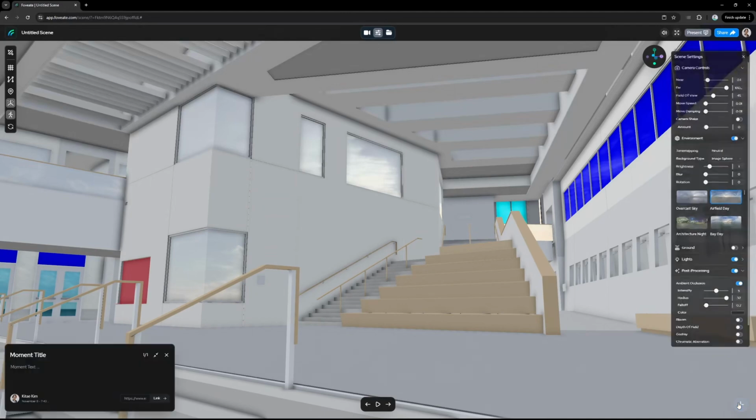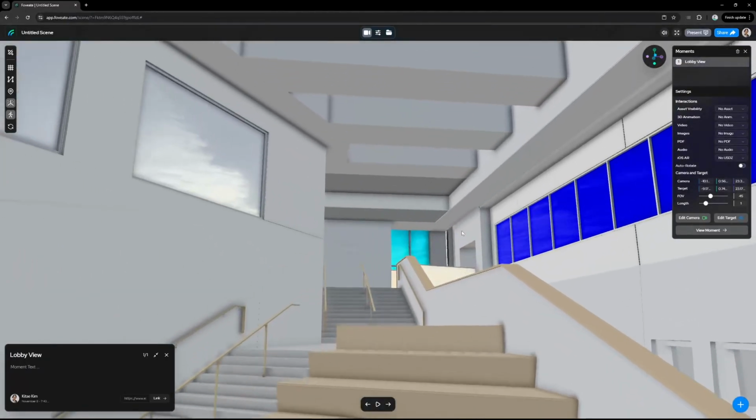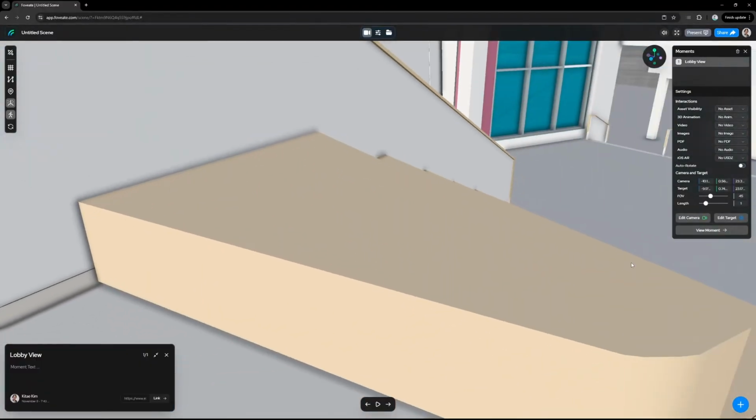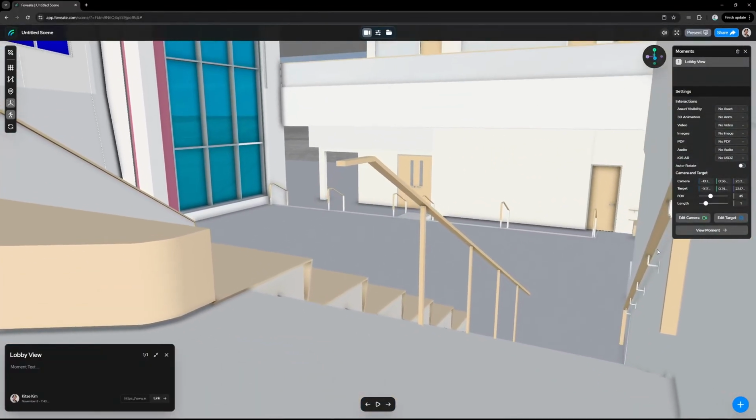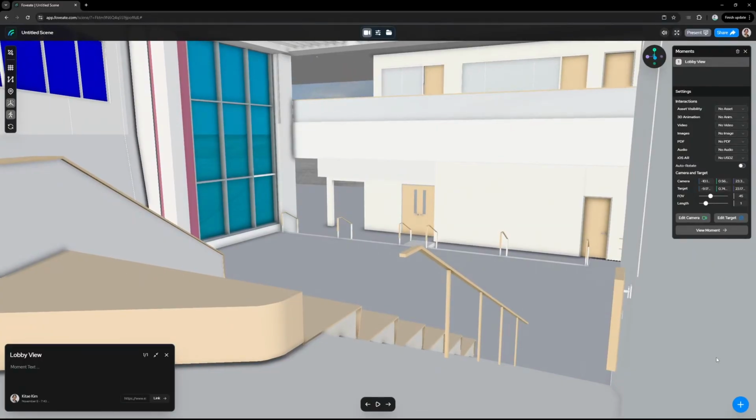Click this button here, create moment. We'll call this lobby view. Then we can head up the stairs and look down from here. And we can call this stairs view. Now for every moment, there are a whole bunch of settings, so we could attach, let's say, a